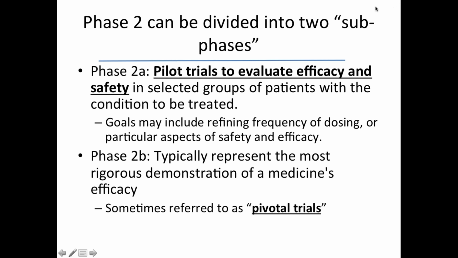So what you do is test the efficacy and safety in a small group of patients with a condition to be treated. And there can be multiple aspects of this, looking at safety, looking at does it have a clinical effect, and also looking and seeing is the dosing appropriate for the population that has whatever disease is going to be targeted. Phase 2Bs are more and more being considered pivotal trials.